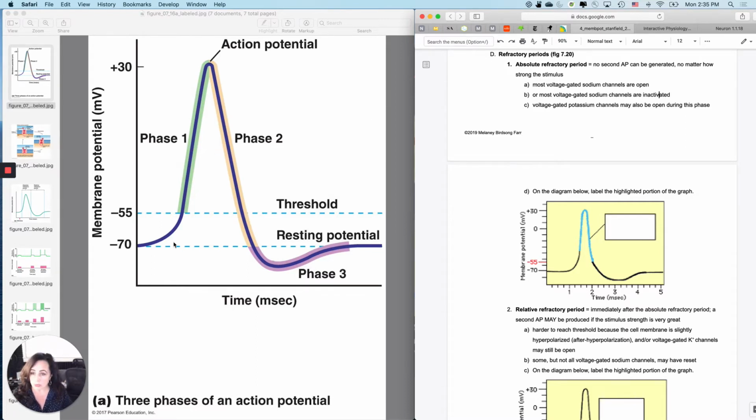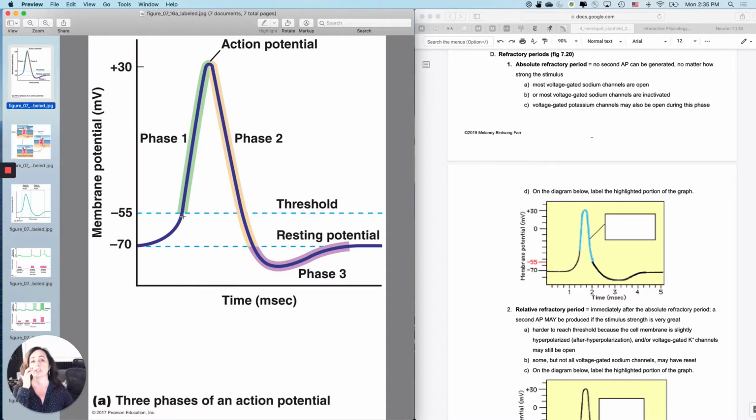Okay, so here was our action potential. Remember we covered several times how you get to minus 70, which is what kind of channels? Leak channels. How you get from minus 70 to minus 55, which is what kind of channels? They're sodium because it's depolarizing. They're gated because I am not staying at resting membrane potential. And leak channels allow me to stay at resting membrane potential. Gated channels allow me to move away.